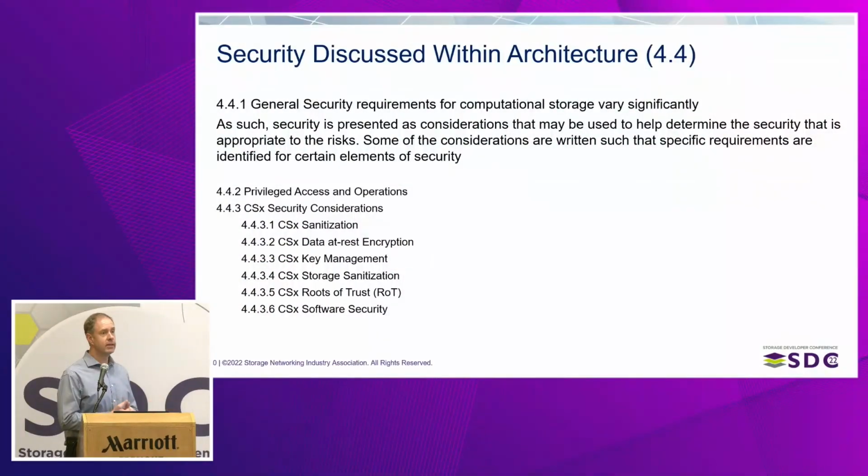All right, so transitioning to security. Scott had mentioned security, and we spent a significant amount of time on security, quite a number of months actually, and it's a very important topic. I think we can all agree it's a hot button topic for sure, and to ensure security of your data, especially with computational storage, we're opening up new attack surfaces because we've put some kind of compute capability in our drive. We're saying we can go run functions or programs down in the drive. Some basic tenets of security and storage have maybe been